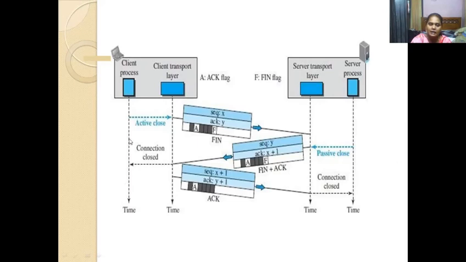Once the client receives the acknowledgement and finish segment from the server, it again has to acknowledge. This is an acknowledgement for the finish segment which has been sent by the server. Once the server receives the acknowledgement, the connection will be terminated. So this is how the connection oriented service has been provided by the